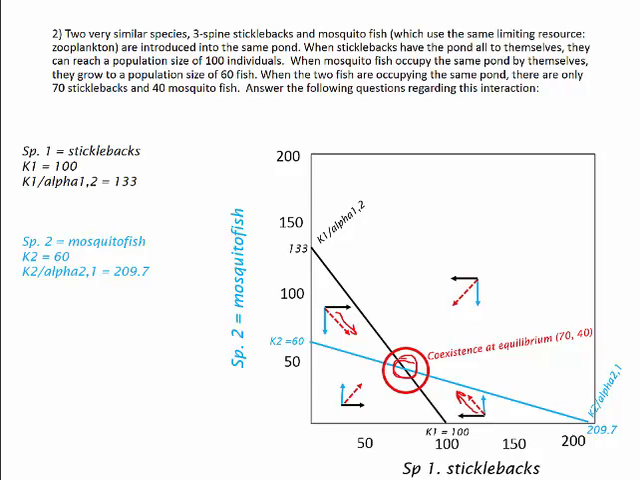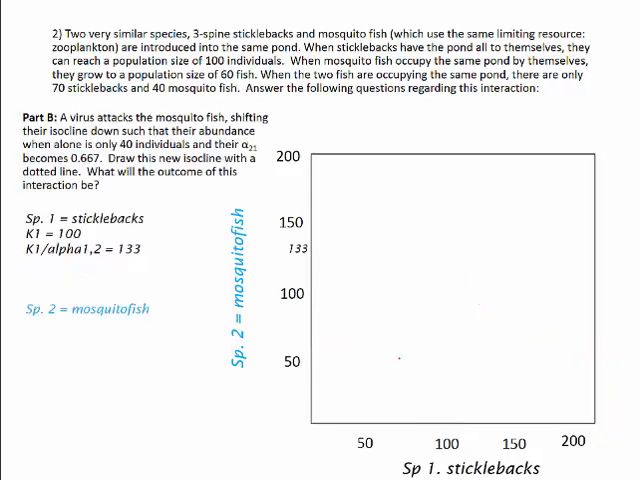Now this particular problem has two parts. We've just solved part A, if you will. In part B, let's go to another sheet here, clean things up a little bit and get started. So in part B, we see that a virus has attacked the mosquito fish, shifting its isocline down